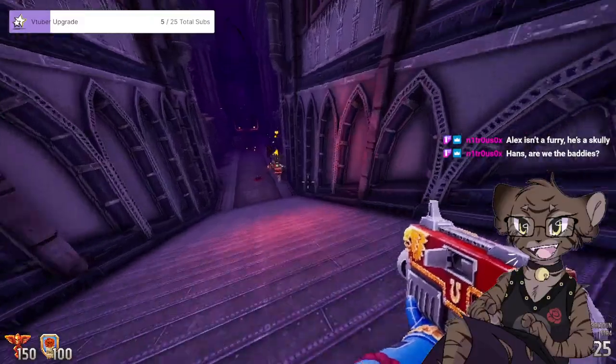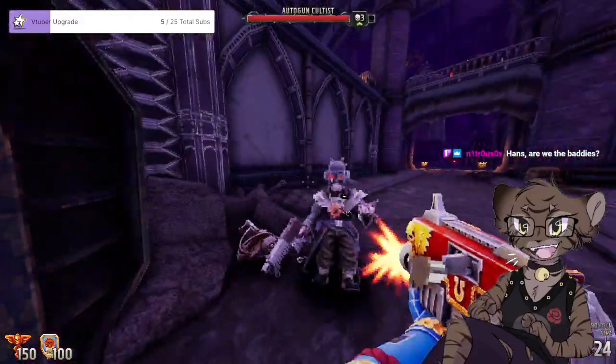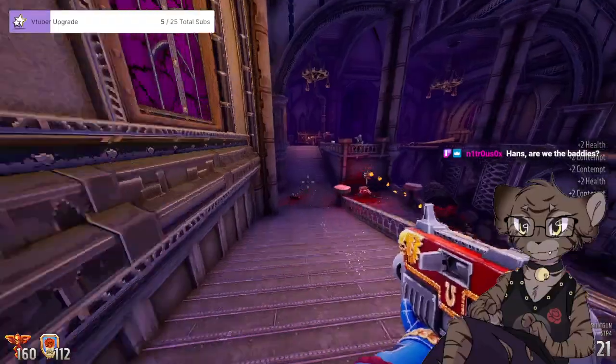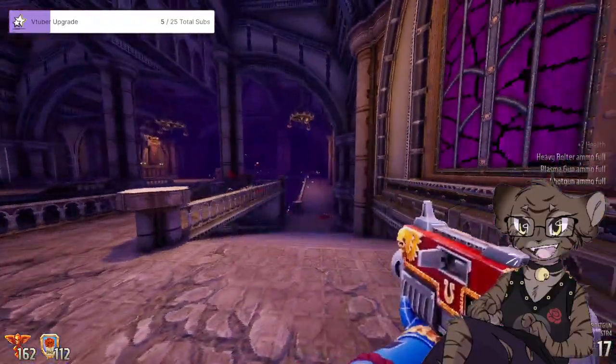Okay. So we're actually looking for pieces of a warp power source that was found by Inquisitor Drogan in Space Marine. Wow. Out of the frying pan into the fryer, huh? Wait, that doesn't make any...